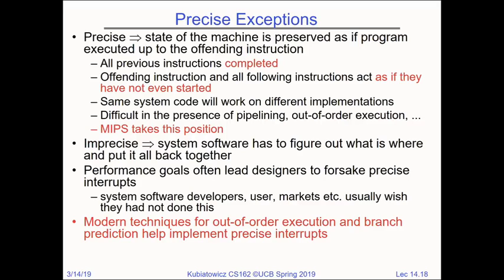Because you've got a single PC that tells you where things excepted. Where was the exception point? Everything before has completed. That instruction, and nothing after has started. And it's a nice, clean state. And that's thanks to a bunch of things that handle out-of-order execution and branch prediction and all that stuff. Which, of course, are all the things that caused Spectre and Meltdown in the year 2018, namely last year. But anyway,